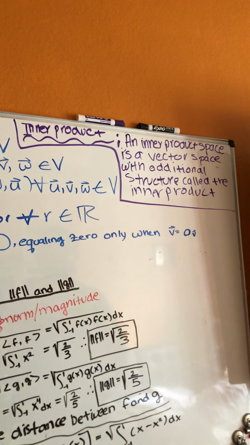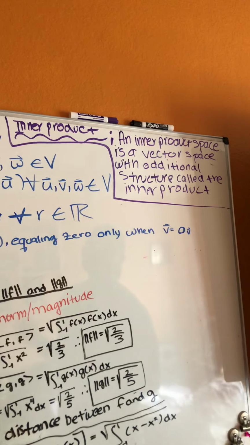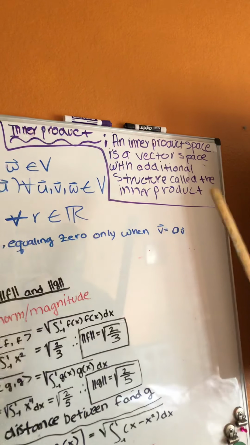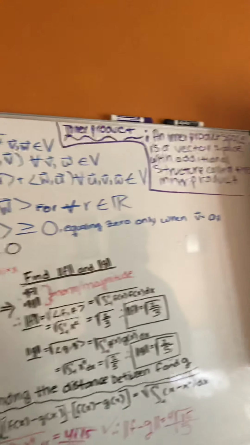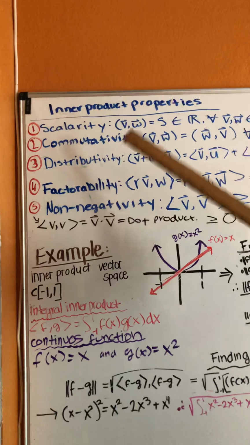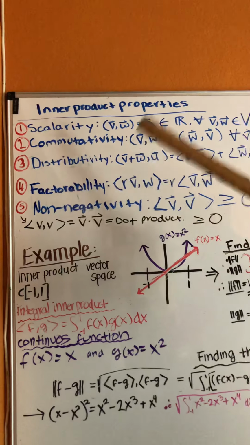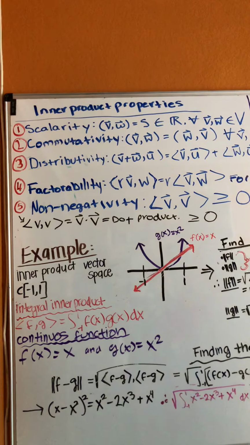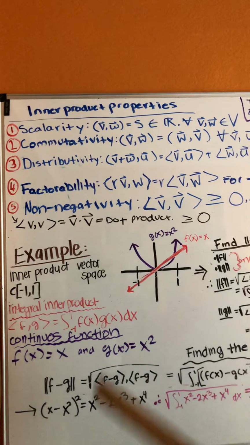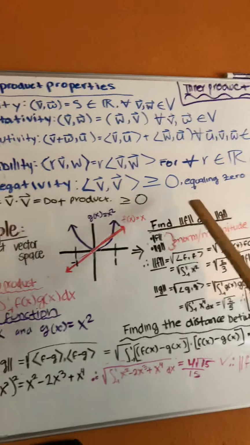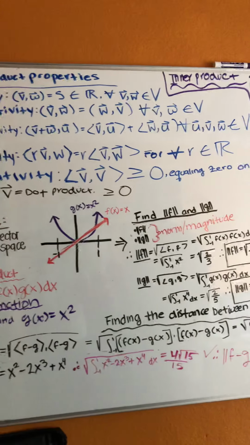In this video, we're going to be going over inner products. An inner product space is a vector space with an additional structure called the inner product. Now, in inner product properties, we have the same 5 axioms as before as a vector space, except the one I really want to get into detail about is the non-negativity one, which has to be greater than or equal to 0. And what this is saying,